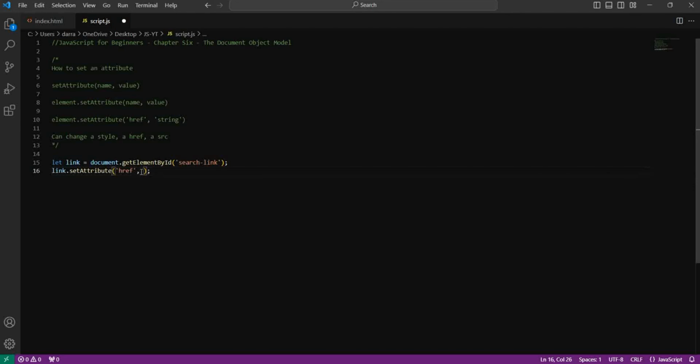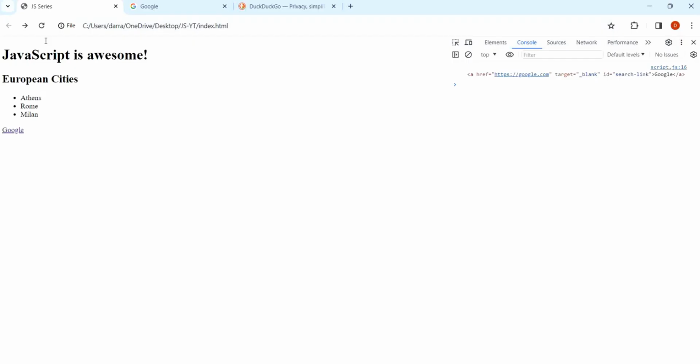So instead, what we'll do inside of a string is we'll say HTTPS and then paste in DuckDuckGo. Okay, I've really messed that up. Let me try that again. I'm in need of a coffee. Okay, awesome. So now if I save and refresh,